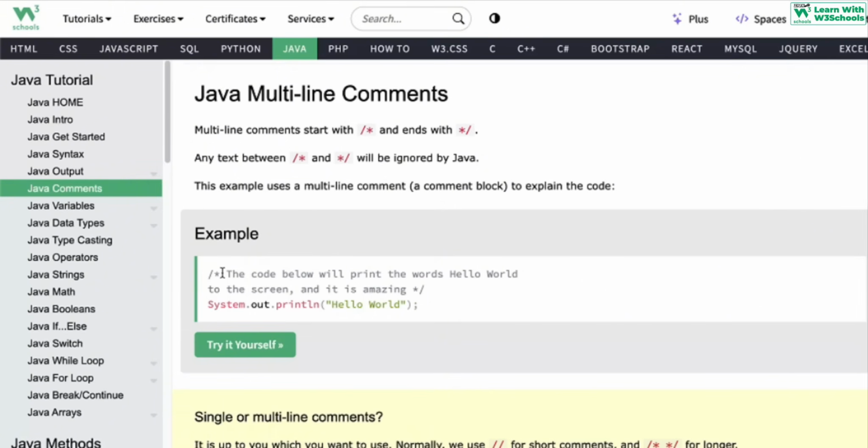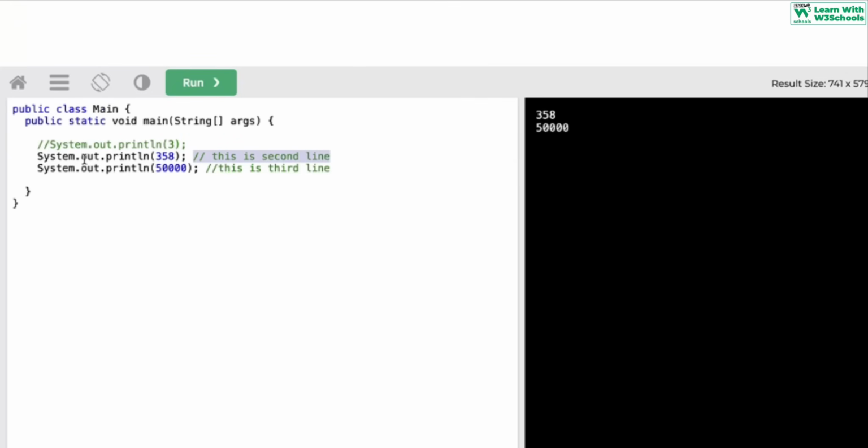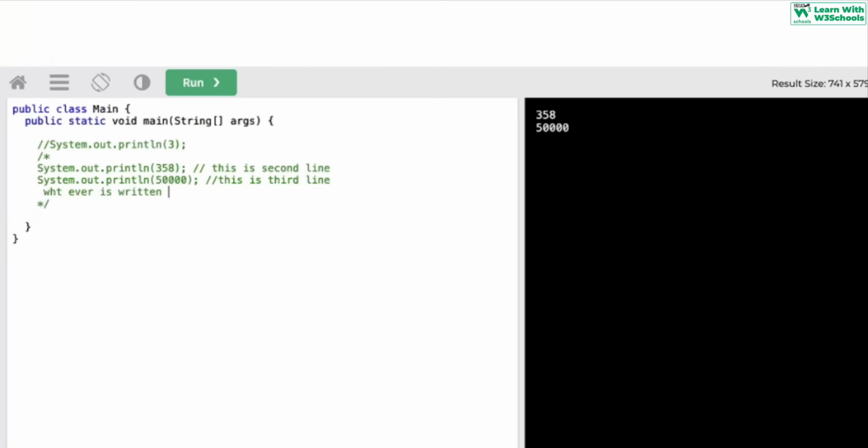And if you want to write multiple-line comments, we use the symbol slash-asterisk, and then asterisk-slash, and then you can write multiple lines here. For example, if I want to completely comment out everything, I can put slash-asterisk here, and then come to the end and put asterisk-slash. Now whatever is written between these lines will be ignored. Why? Because it's completely